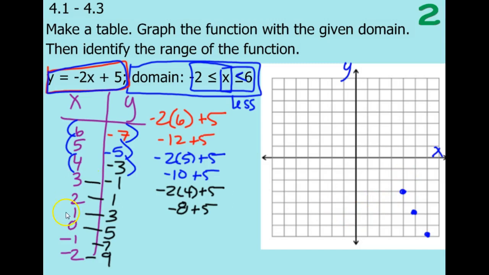I was going to say that wouldn't form a straight line. Then 3 to the right, 1, 2, 3, and down 1. X is 3, y is negative 1. Then x is 2, y is 1. X is 2 to the right, y is positive 1. Then 1 up 3. 0 up 5,